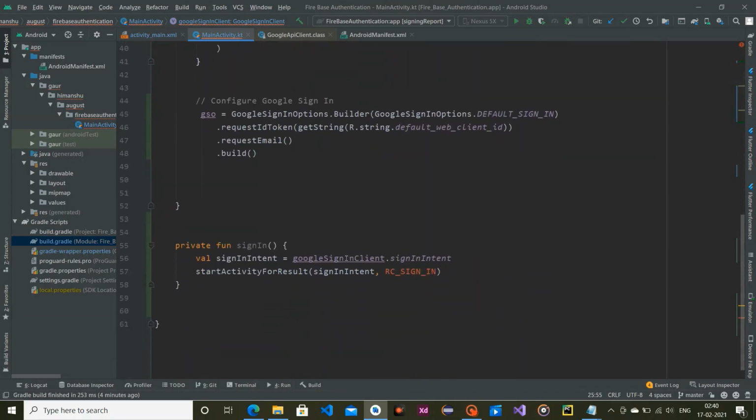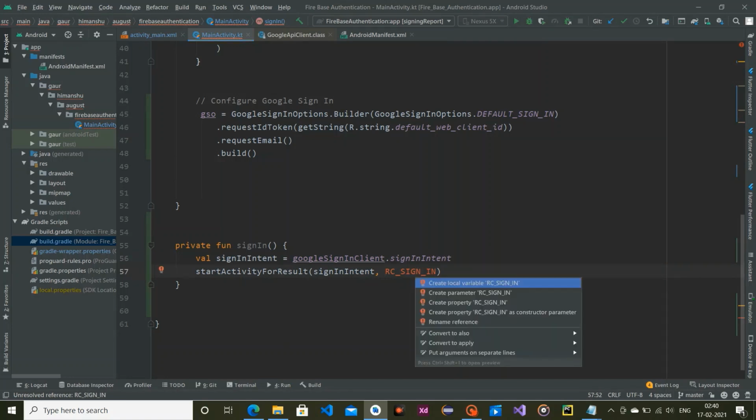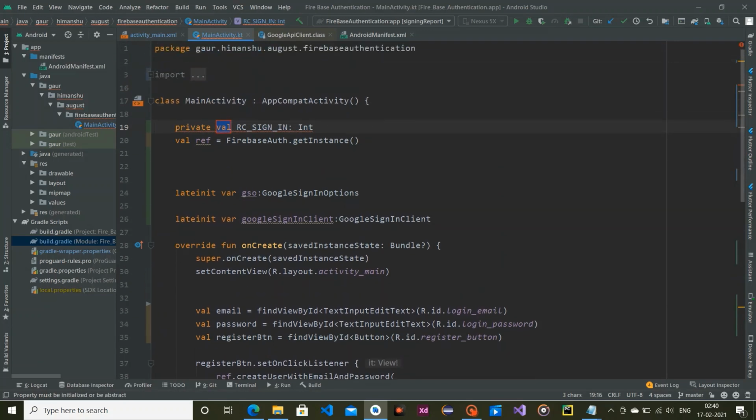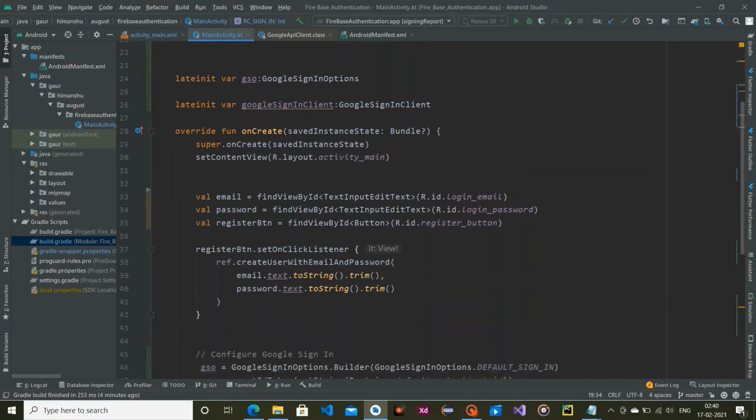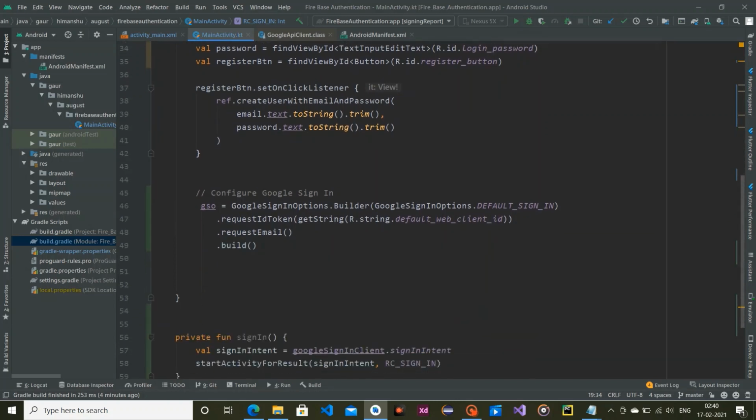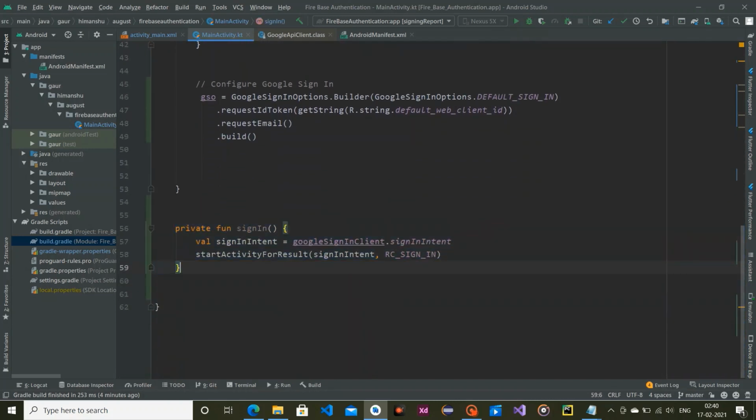You can see the error is gone, and I'm also going to create RC_SIGN_IN by pressing Alt+Enter and creating a property RC_SIGN_IN, and the value of this is 0. That's all, so we successfully added the sign in.